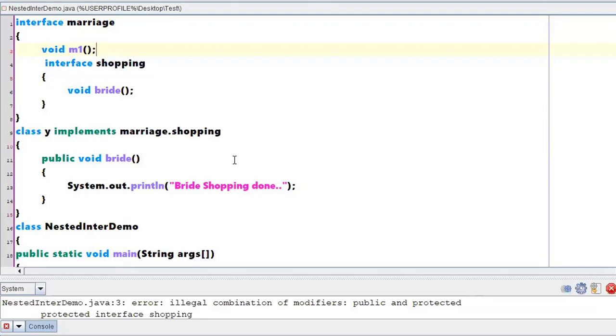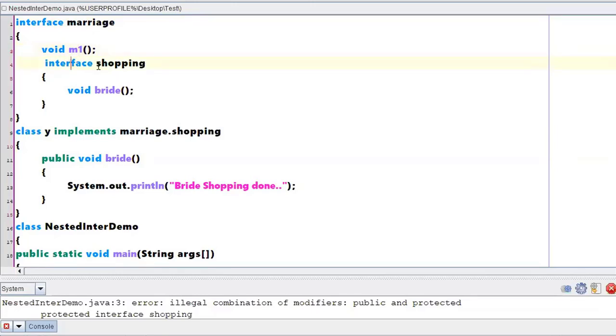I have declared one abstract method in an interface called Marriage. Again, I'm telling you, this is just for understanding a concept in a better way, not to confuse you. If you are feeling confused, you can ask me to repeat things once again. No problem in that. So now I have an interface called Marriage, and inside it I have one abstract method which is called m1, and